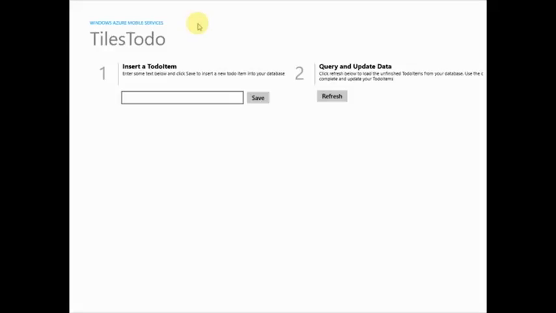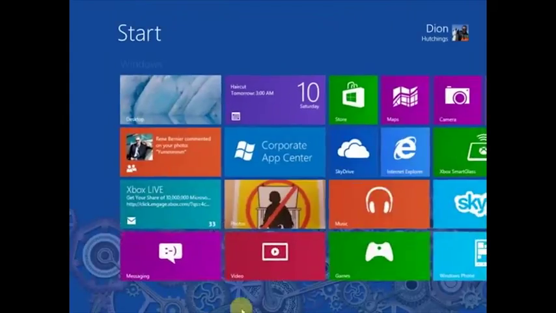I want to show you it running just after I downloaded it. So we can say create Azure Mobile Service and test app. And those items are being pushed to the cloud, and then this application is querying the database to populate that list. And so if we close that, I can show you